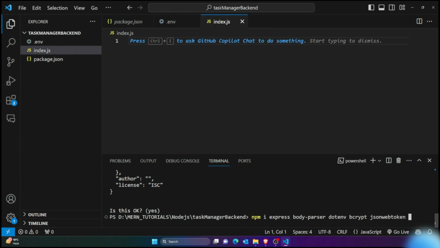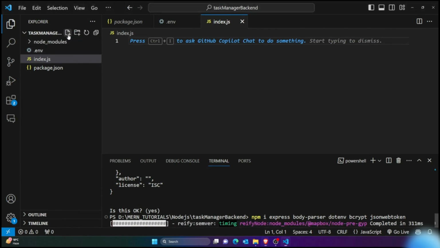Okay, so now after this, what else do we have? I think that's it. I think that's all what we need, but later on we would be using cookie parser and things like that to get more data. Okay, so right now you can see that this is it. So if I just hit enter,